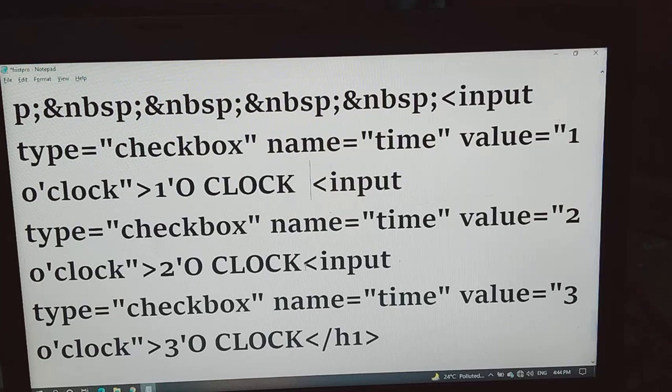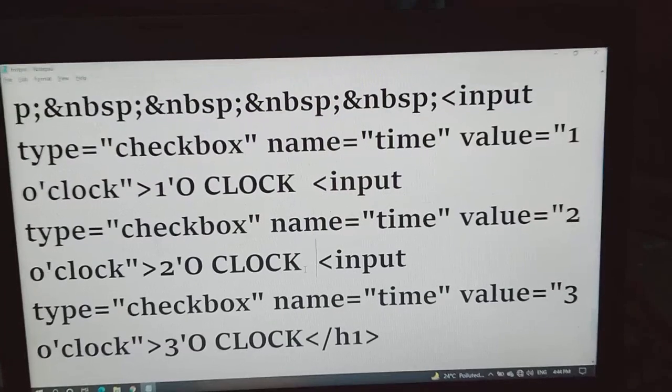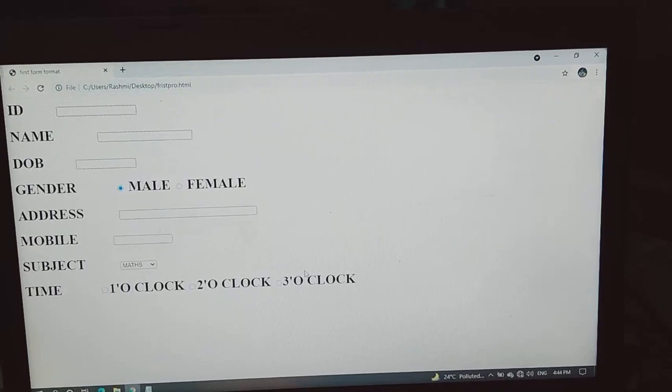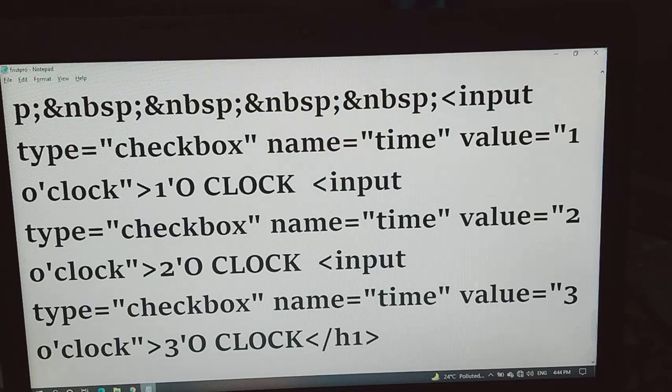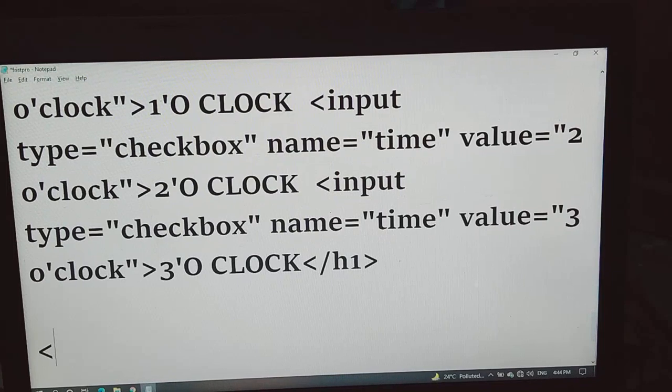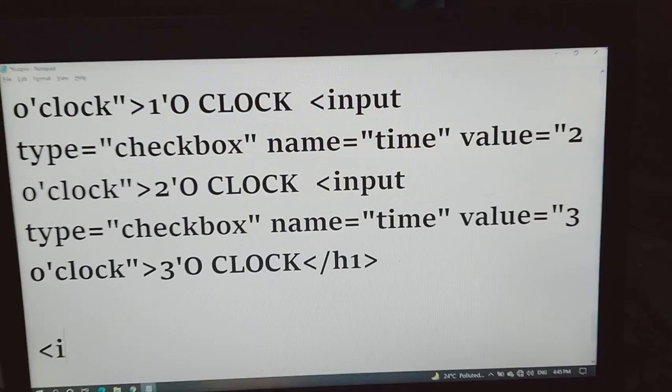The next input type starts from here only. Okay, control plus S, and then after that press F5. See, like this way. If you want more space, then you can use the NBSP command. And last in your code are the submit and reset buttons. So for the submit and reset buttons, you have to write the code just below this one. You have to give 2 spaces, and in this area you have to write only input. No need of the label, because there is no need of a label in this button area. Just write input